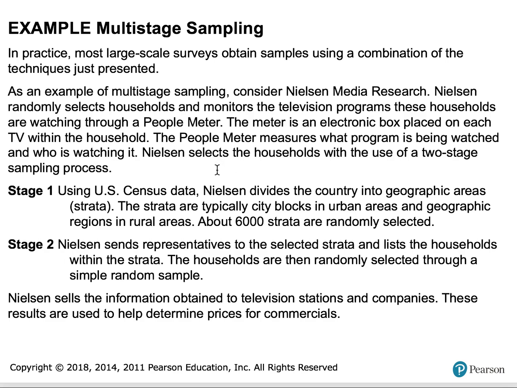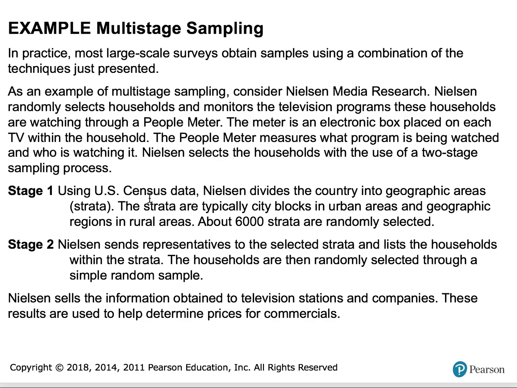The meter is an electronic box placed on each TV within the household. The people meter measures what program is being watched and who is watching it. Nielsen selects the households with the use of a 2-stage sampling process. So stage 1,